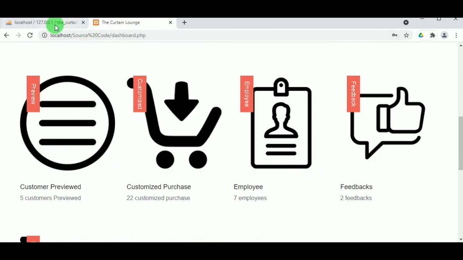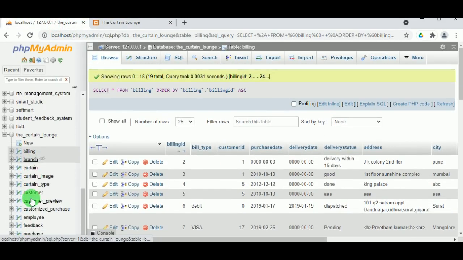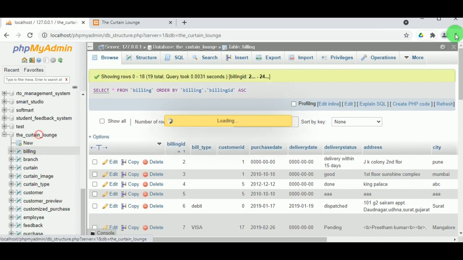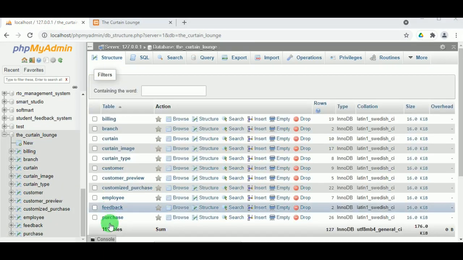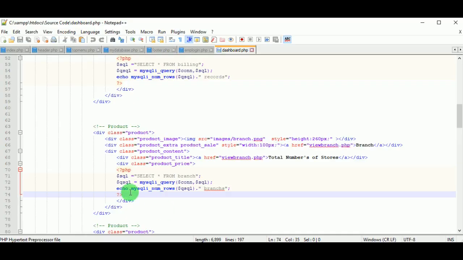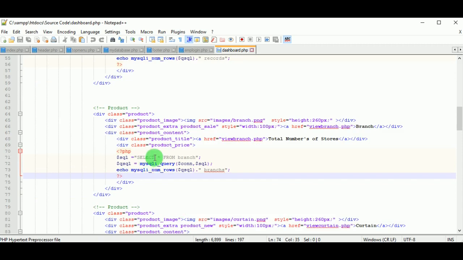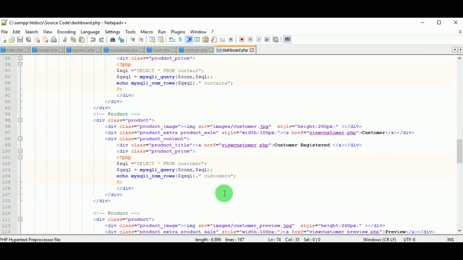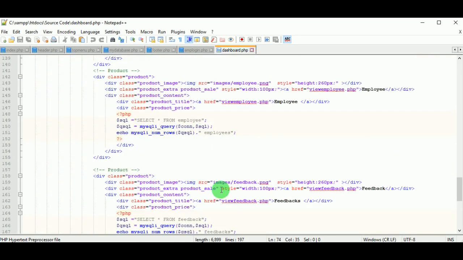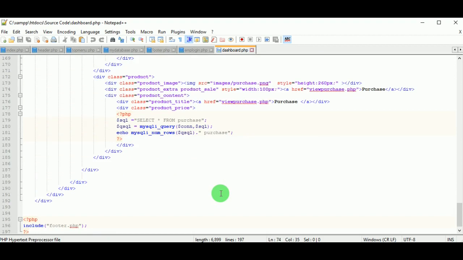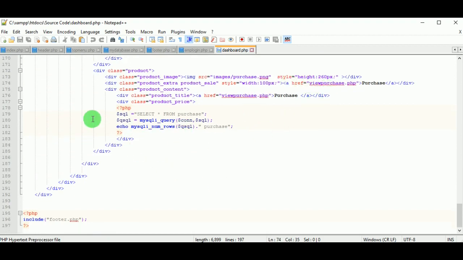So you can see that the different tables have different numbers of records, and all these 11 tables' records are displayed in the dashboard using the select query and the functions mysqli_query and mysqli_num_rows. So num_rows will give the total number of records present. So this is how the code is set for all the tables in the database.